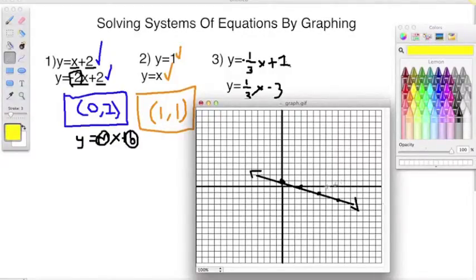Okay, and then y equals 1/3 x minus 3. So our y-intercept is 1, 2, 3, right here, 1, 2, 3. And then up 1 over 3, up 1 over 3. Okay,